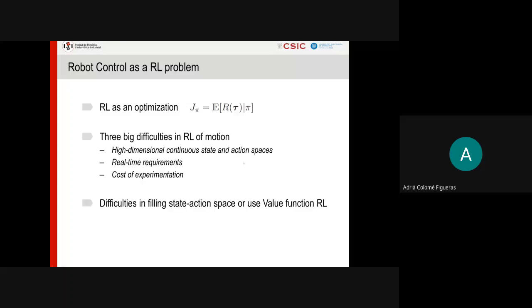And classical reinforcement learning methods are more difficult to apply in robot motion because of the value function approaches, which are more difficult because these are continuous spaces. It's very hard to adapt to these situations. Therefore, what is often used is movement primitives, which are ways of characterizing motion. Now, I will talk a little bit about different options when characterizing motion in a way that is useful for